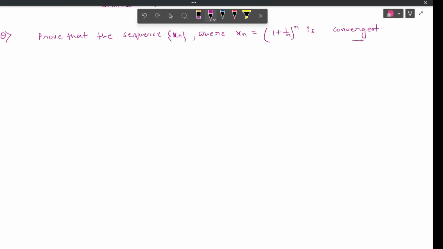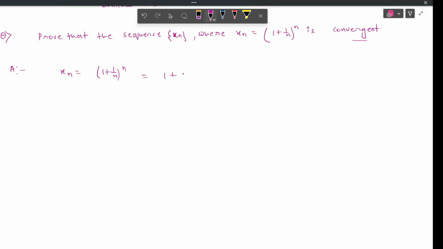Firstly, we have to show that it is convergent. So it will be sufficient to show that the given sequence is monotonic increasing and bounded above, right? Now we know the binomial theorem. Our xn is (1 plus 1 by n) to the power n. And if we apply the binomial theorem, this is our (1 plus x) to the power n formula, and we know the formula,